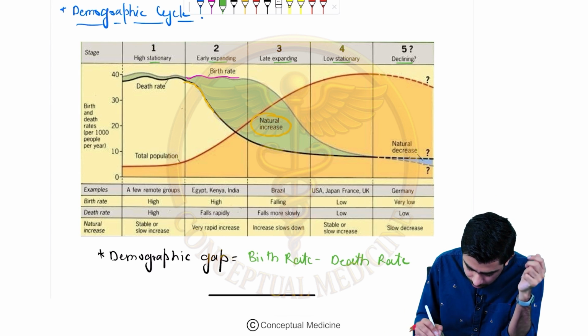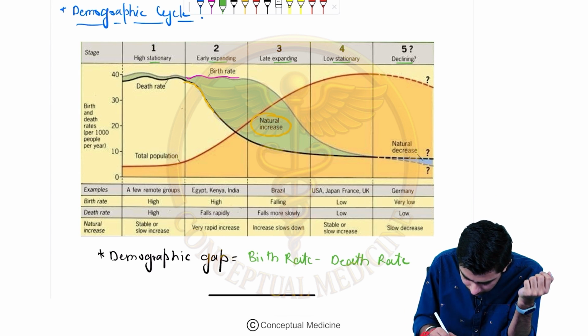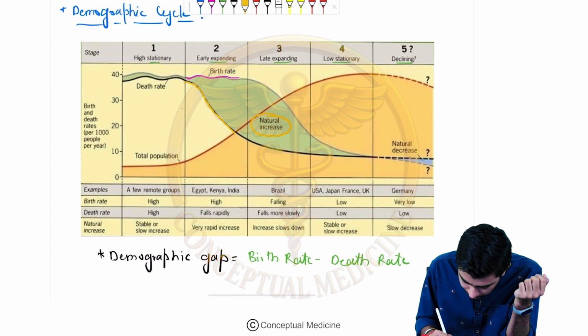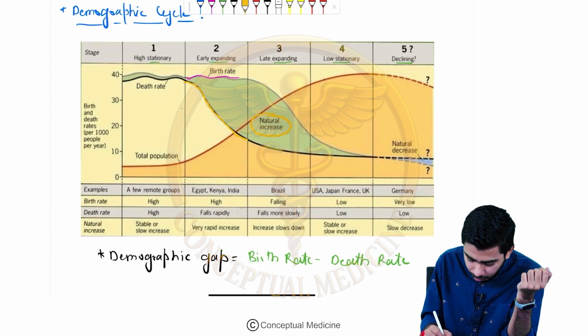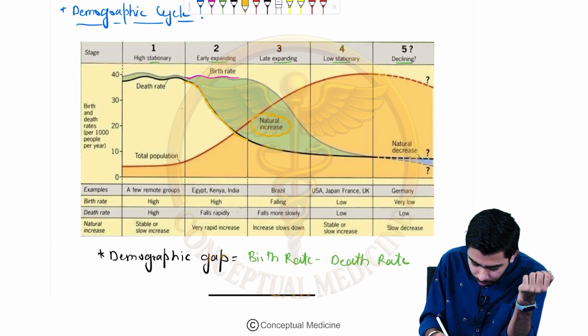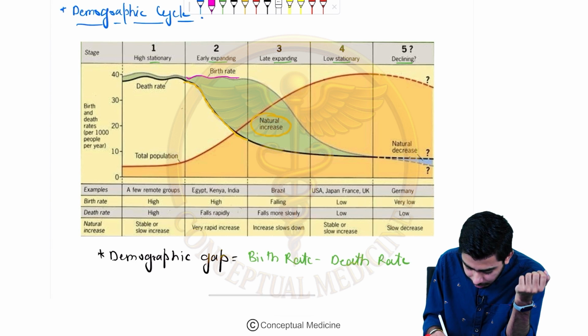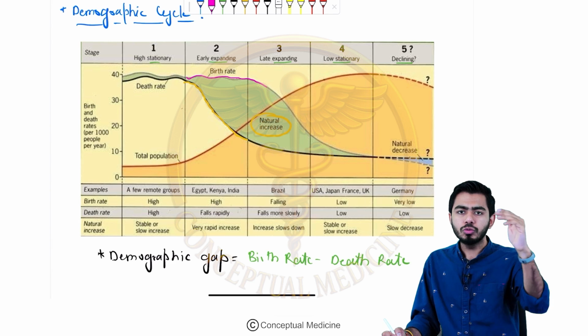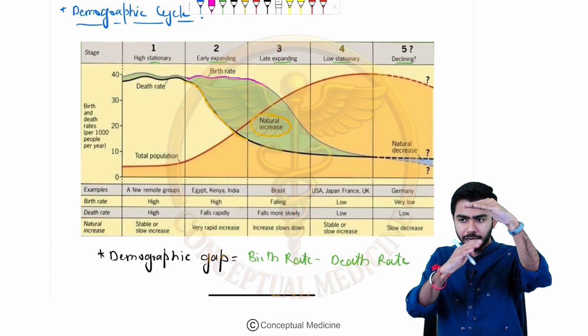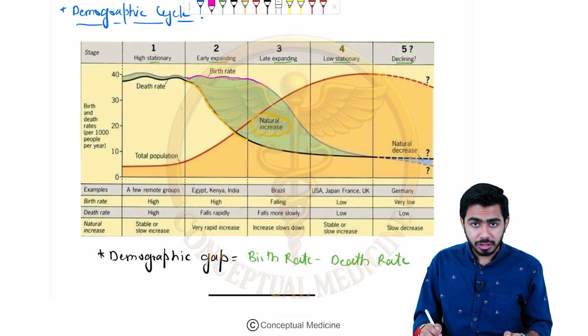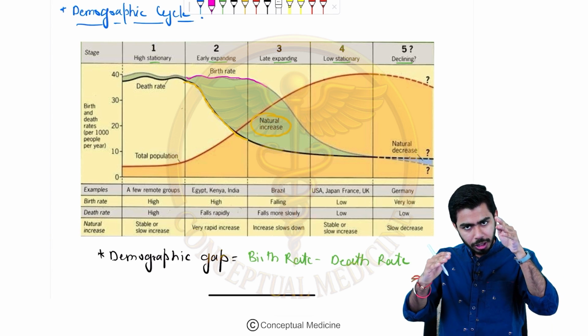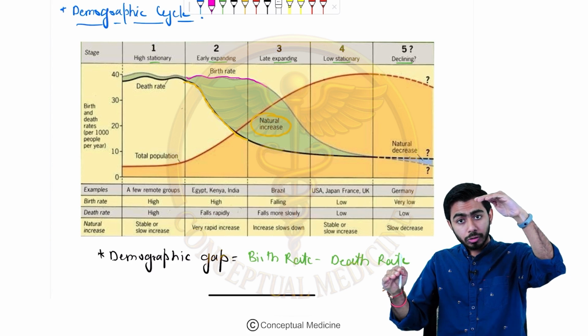So guys, here you are seeing that in this particular stage, the death rate will continue declining, and then it will enter stage 3, right? But over here, as the birth rate goes into stage 3, it starts to decline. So in stage 2, birth rate was remaining unchanged and death rate was beginning to decline. But in stage 3, death rate was continuously sliding down, but birth rate also starts to decline